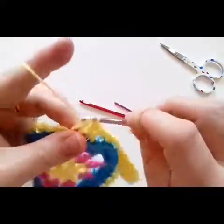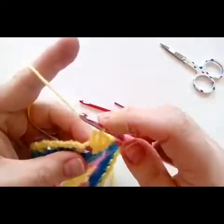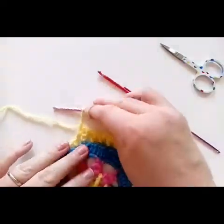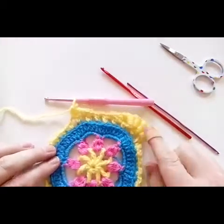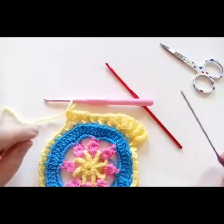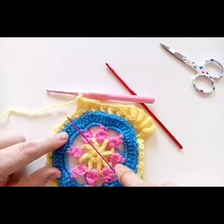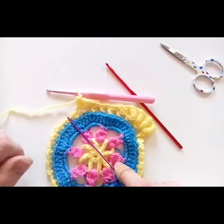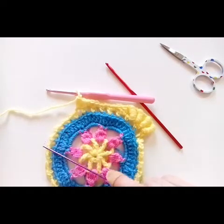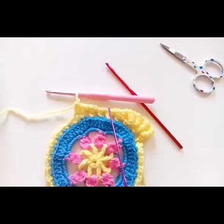And 2 double crochet in the next. And then you are going to do exactly what you've done here. You're going to do 2 bullion stitches in the next space, and then 2 bullion stitches in the next space, and then around here you're going to follow it and do your two double, 2 half,